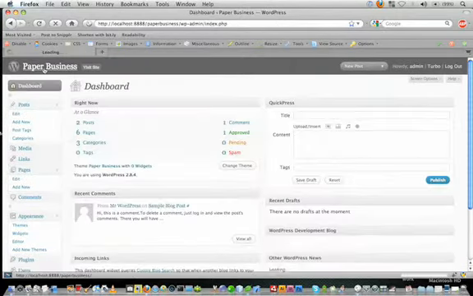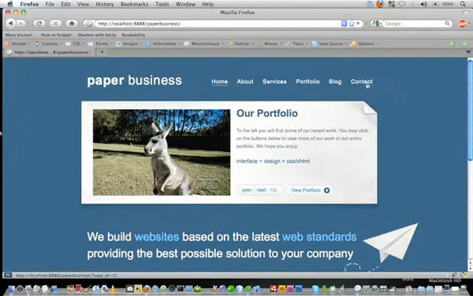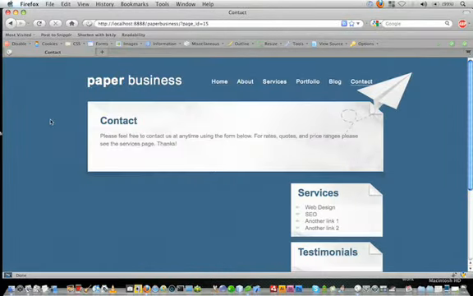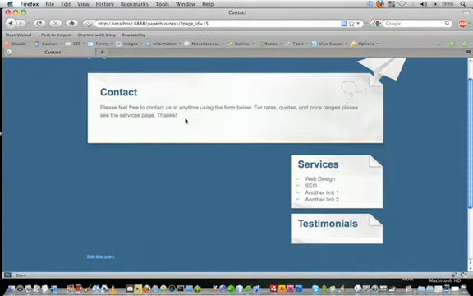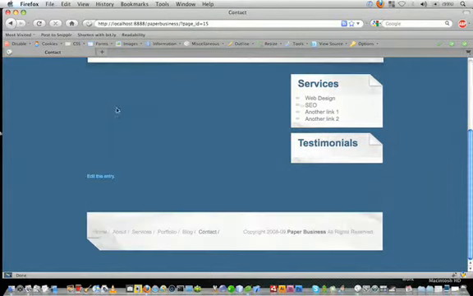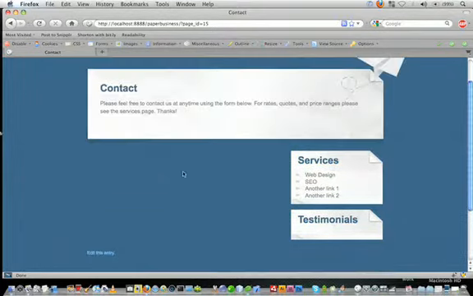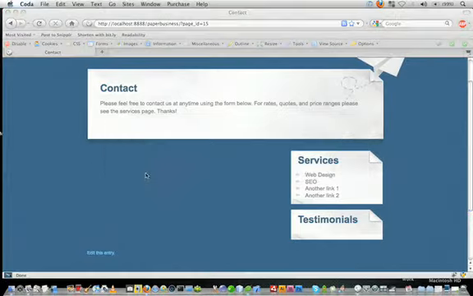So if we go to our contact page, you can see that our page text is showing up here, and there's still our services and testimonials showing up in the sidebar because we're just using that default page template that we've stuck with. And we don't have anything here. So if we go into Coda here,